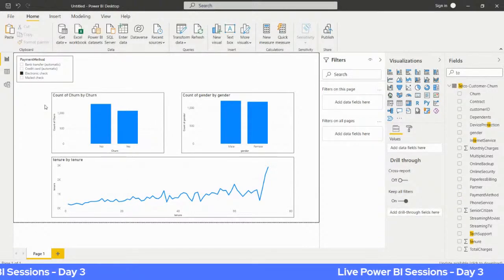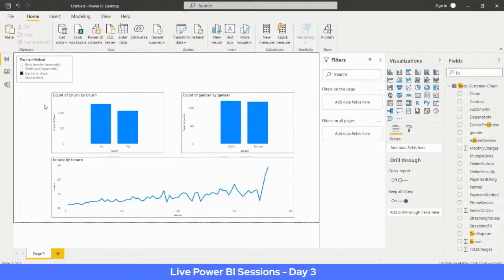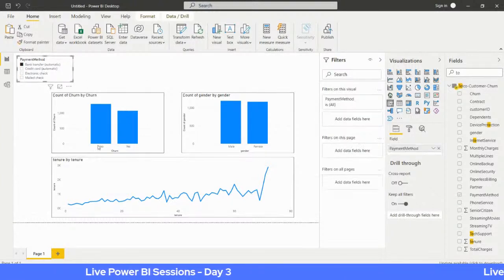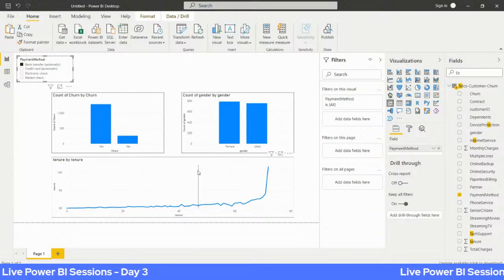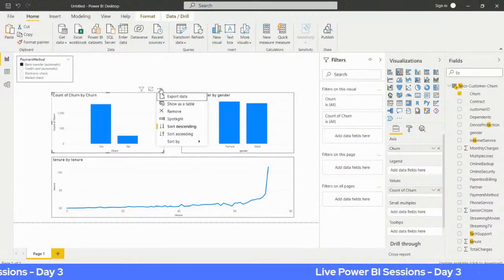So basically your Power BI is dynamic in nature. That means if you change something, automatically all the graphs are changed. Now just imagine you want to,